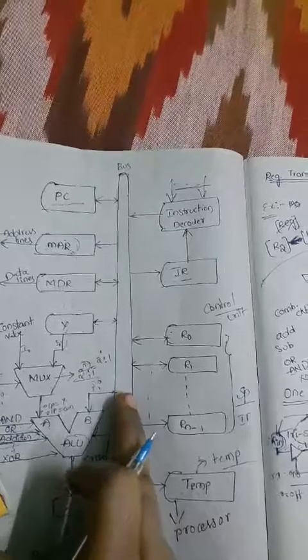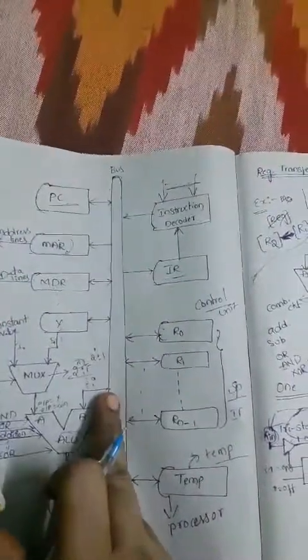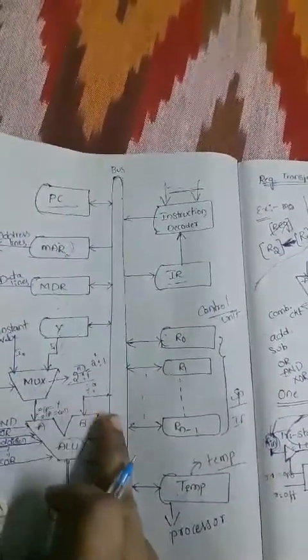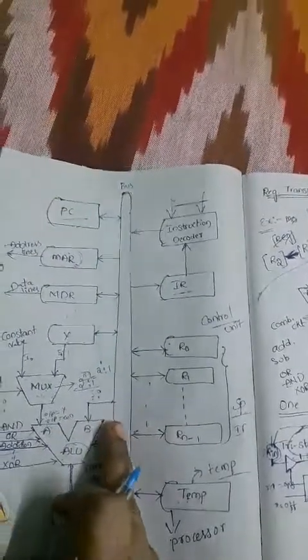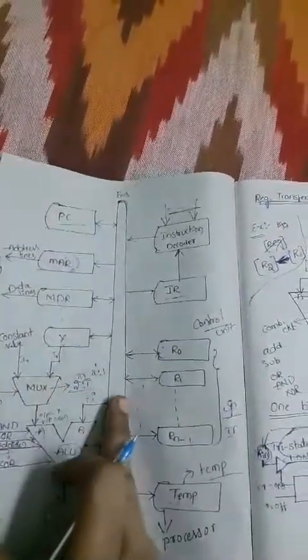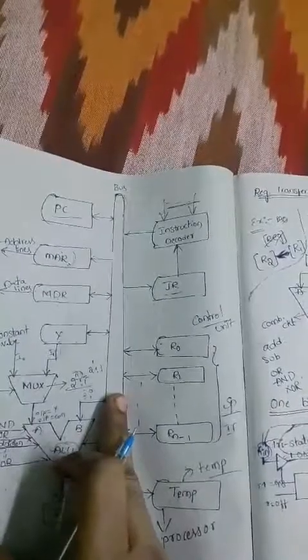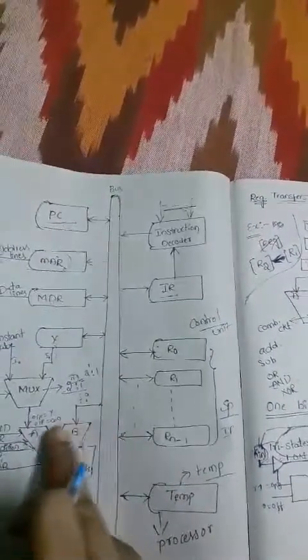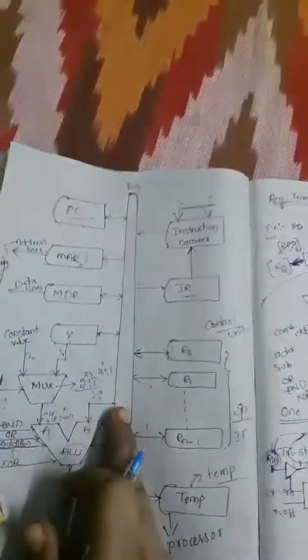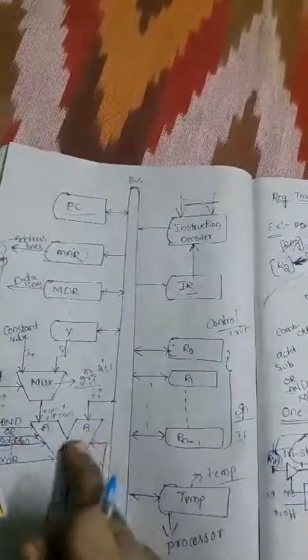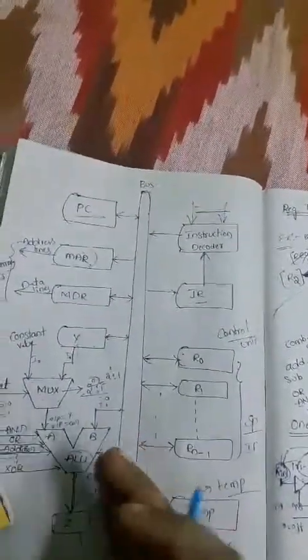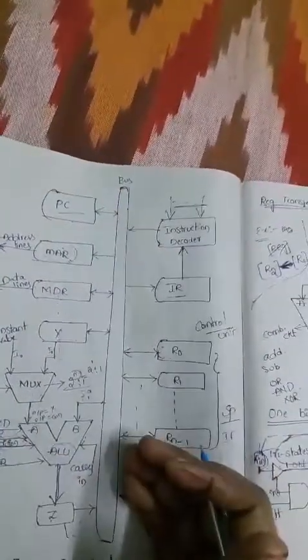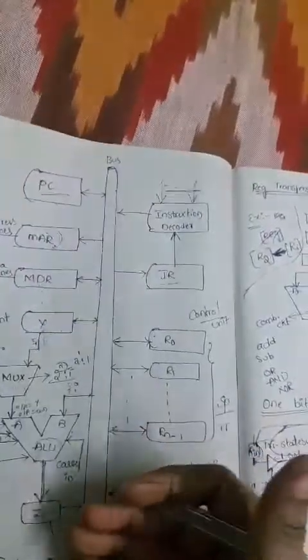Collect the information from the bus. Okay, so both registers are supplying the information, one from the multiplexer and another from the bus. After taking the inputs from these two registers, the ALU will perform the operation based on the control signal, addition or subtraction or whichever operation the signal is